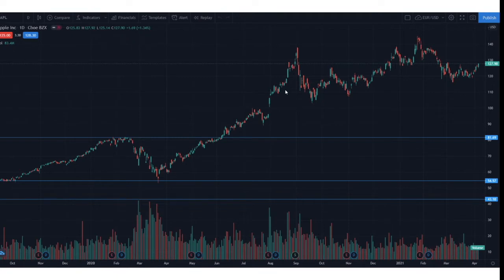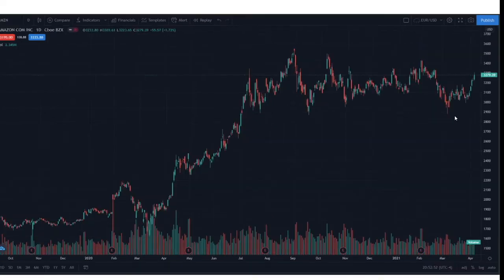Apple, here's a quick example of this. Here's a quick example of Amazon and how it did. As you could tell, these are very positive charts. These are what you call gains, essentially. If you want to read this chart, if you look at these numbers to the right, you'll see the price points. So like right over here, you see Amazon's trading around $3,279 per share. And you can see how that price point struggles to get to where it's at.